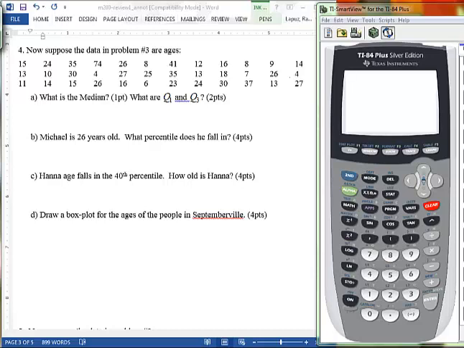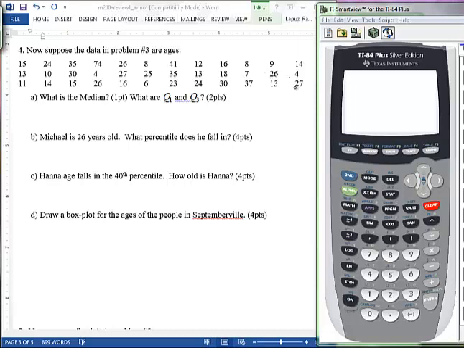This is problem number 4 from your midterm review. Now we have the same data that we used from the previous problem, problem number 3, but this time they're assuming that these are ages, and we're looking for the median, Q1 and Q3. Now we know that there's 36 numbers, so if we sort this in order,